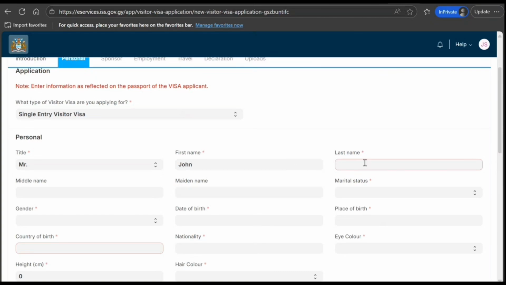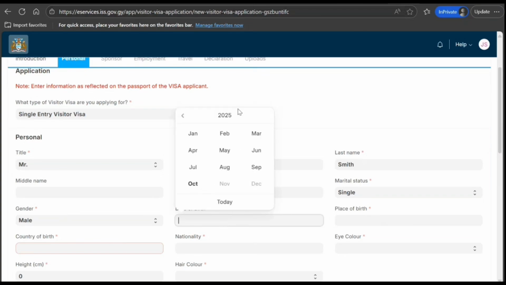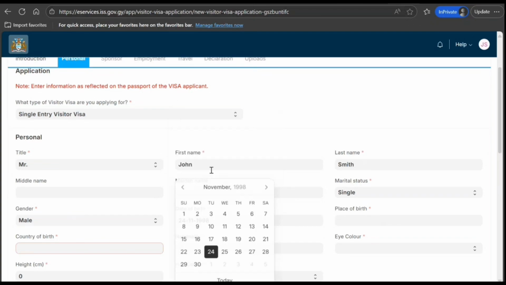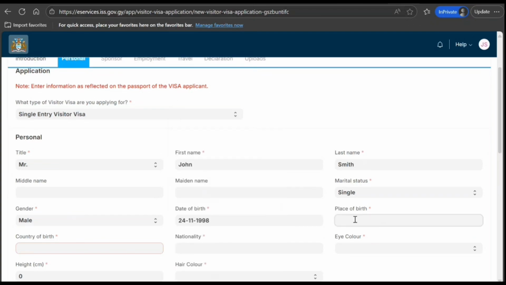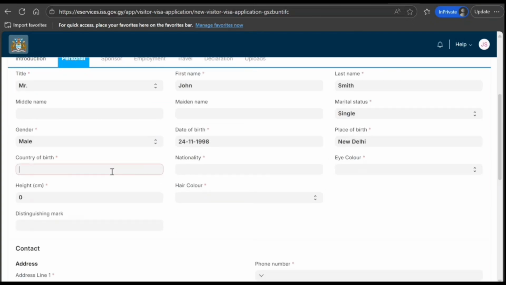Last name. And whatever you enter, make sure to check it at least 2 times. Marital status, gender, date of birth, do it as per your own case. Place of birth, make sure it matches with your passport. They have also asked for a birth certificate, if you remember. Country of birth,